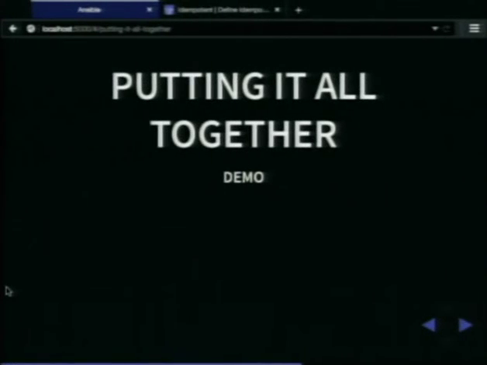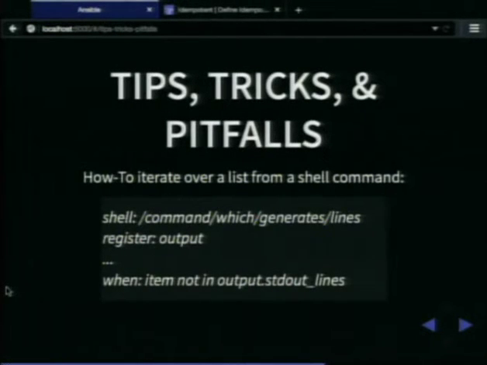A question for you. Is it multi-threaded, so we'll update two hosts at the same time, or is it kind of chained out in this one host? It's multi-threaded. Multi-threaded in that it does them in parallel. Any other questions on the demo? Awesome. I've got a few tips, tricks, pitfalls that I've run into while working with this. I'm going to go through them real quick.